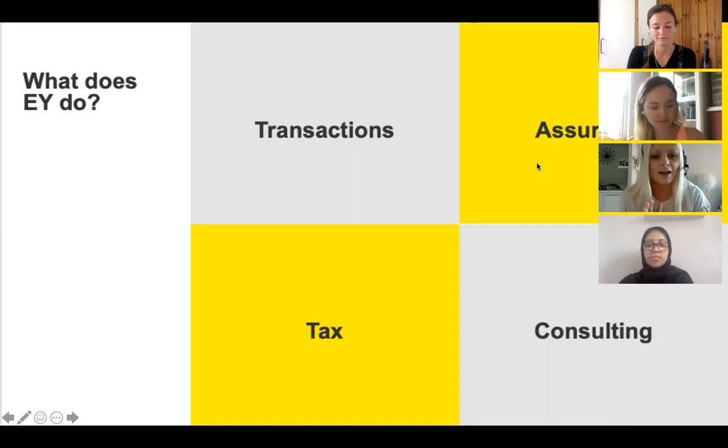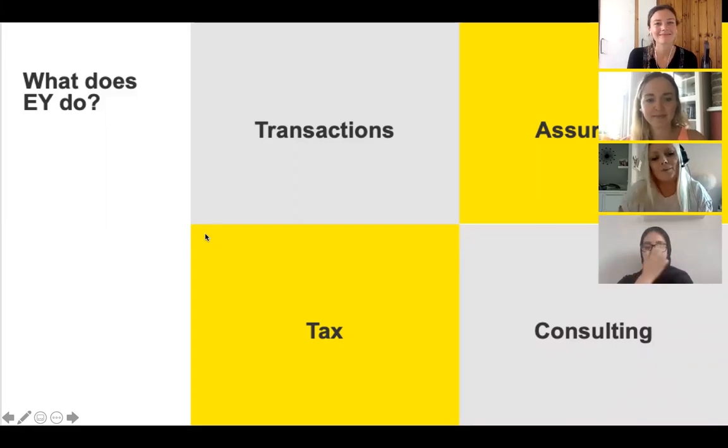So traditionally we're accounting, and then we've branched out into a few other things, and those 3 other things you can see there on the screen. So consulting, you might have heard it as advisory. That means that we have people that work for EY that go and work with other companies and help them make their business better. So make it more efficient and make more money, spend less money on things. So just looking at their business model and helping them solve any problems, really. It's all about problem solving. So that's consulting.